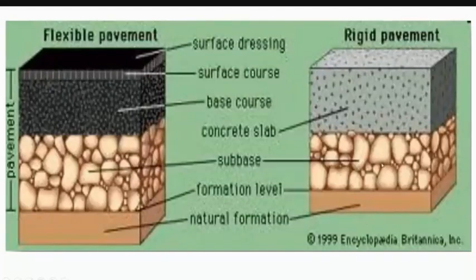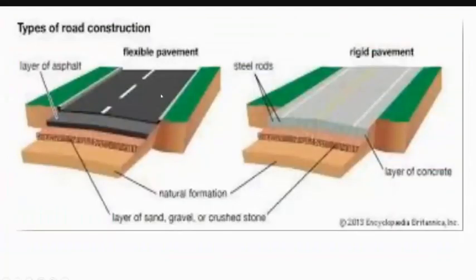Similarly, in case of rigid pavement, you can go for either base or sub base, and the subgrade and the top wearing course remain the same. The slab, the concrete pavement, remains the same. Like this, you can understand the natural subgrade, base, sub-base, and wearing course. So here it is 4 layers, here it is 3 layers.